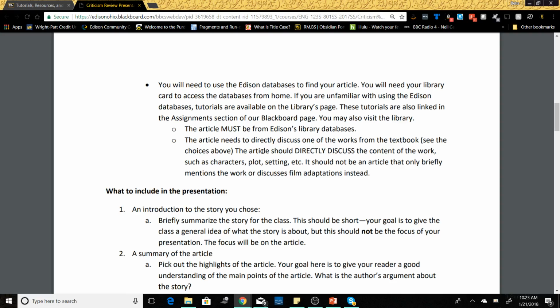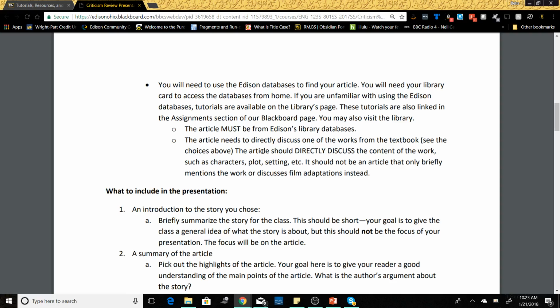It needs to actually be about the story, about the characters, the plot, the setting, something about the story itself. So make sure that you take the time to find a good article and don't wait until the very last minute on finding those. And again, if you have trouble finding something, the librarians are a very good resource on